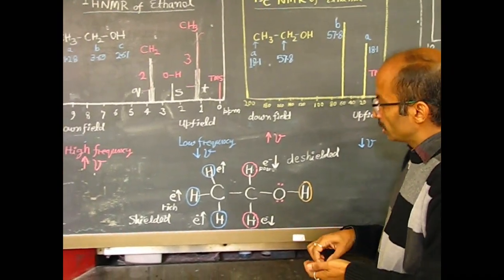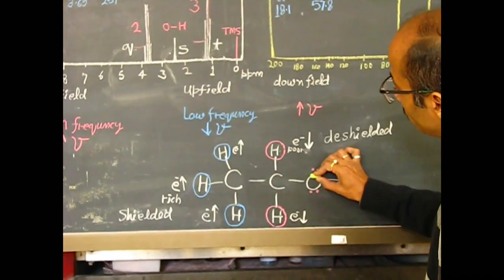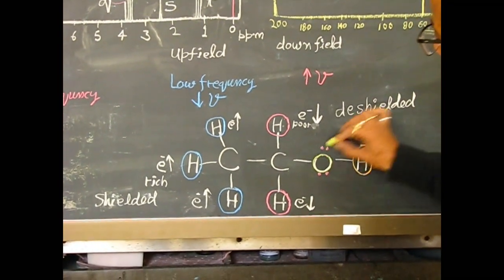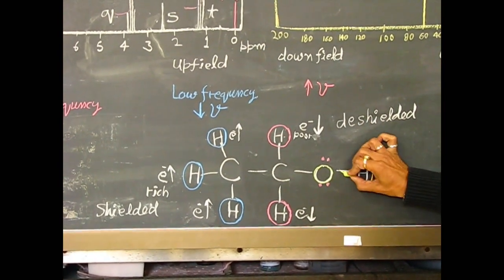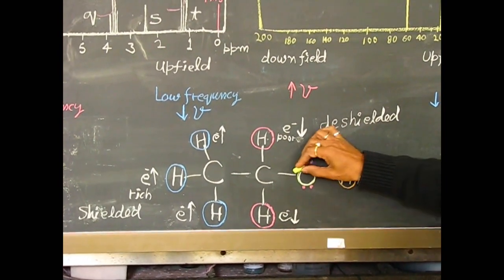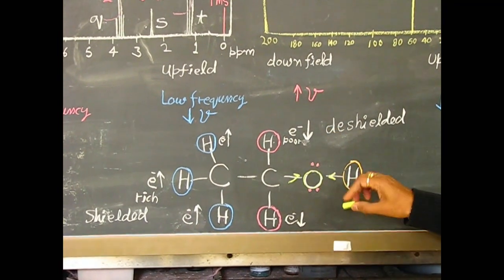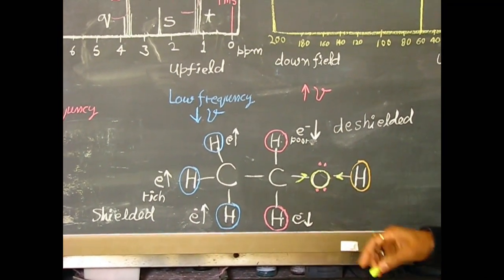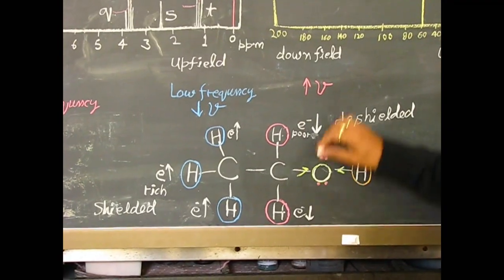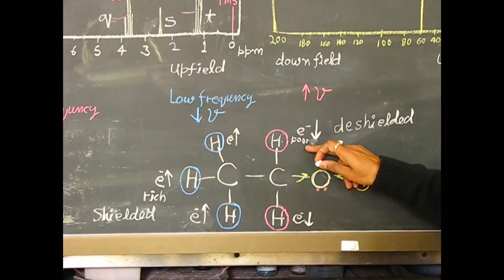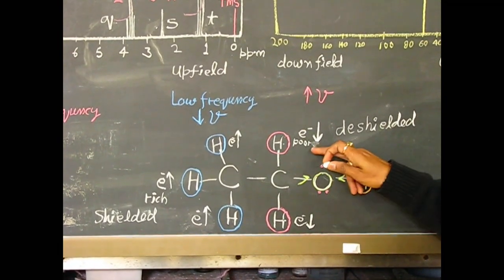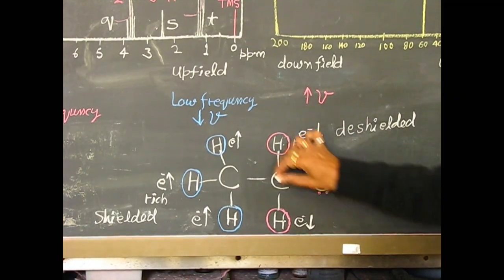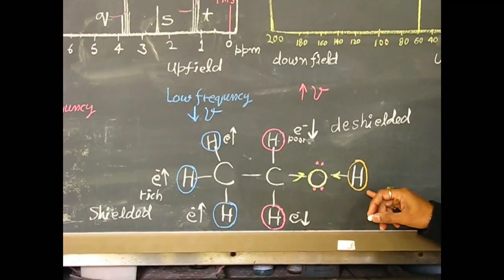Since this oxygen is more electronegative, it pulls the electrons from these hydrogens toward itself, and because of the electronegativity, the electron environment goes poor with these hydrogens,